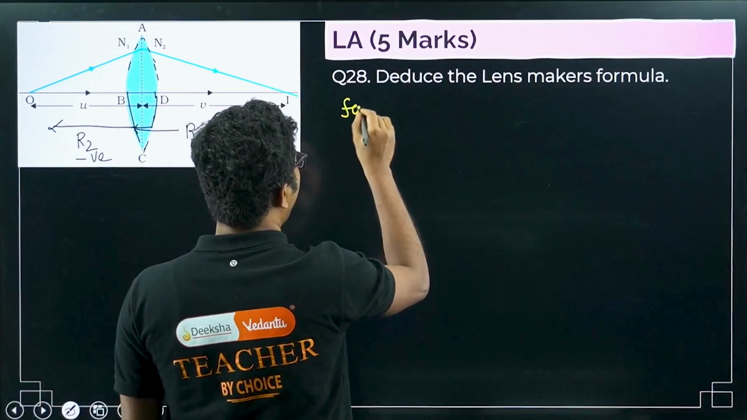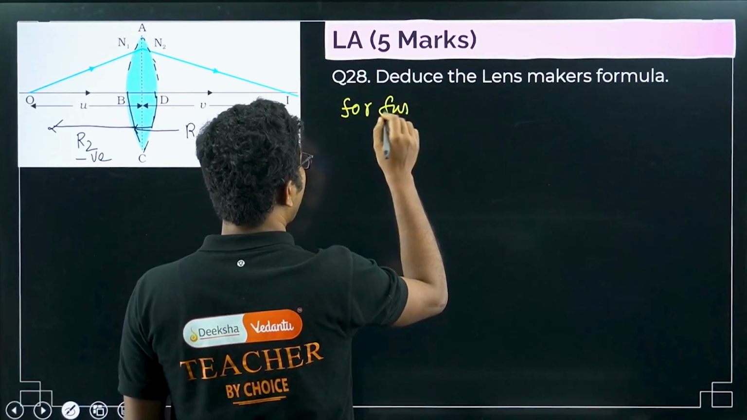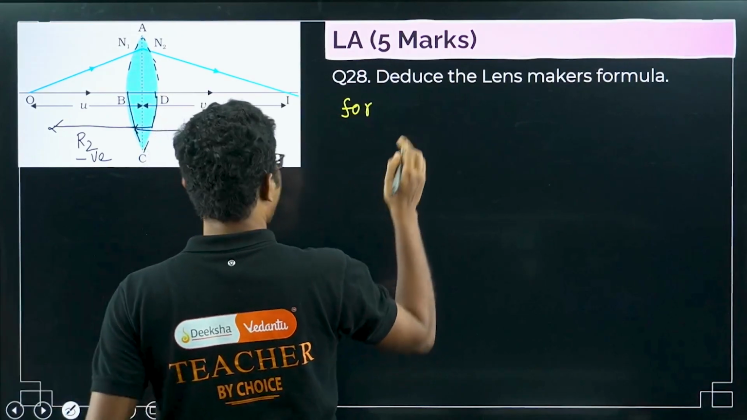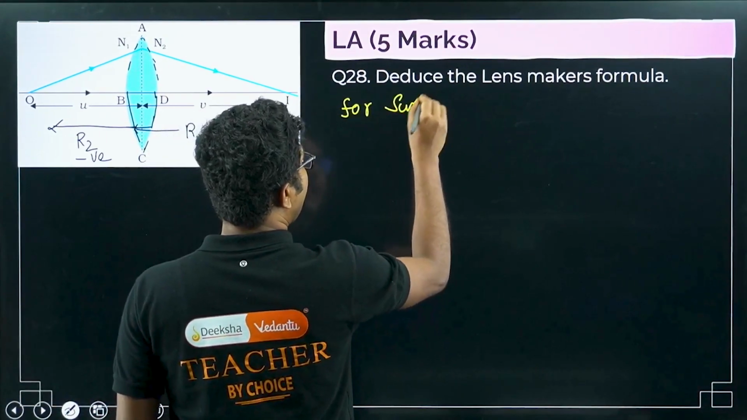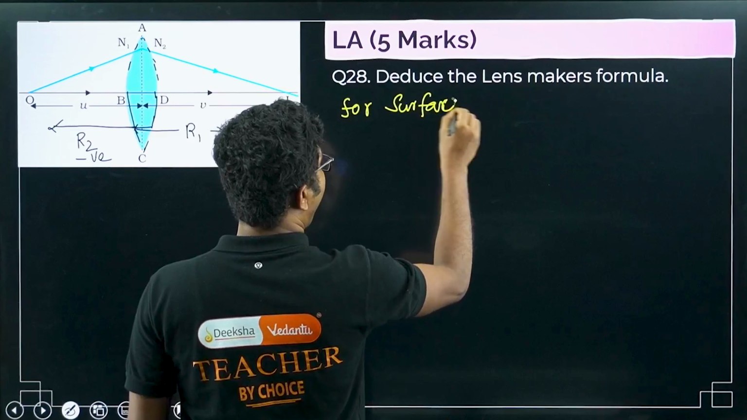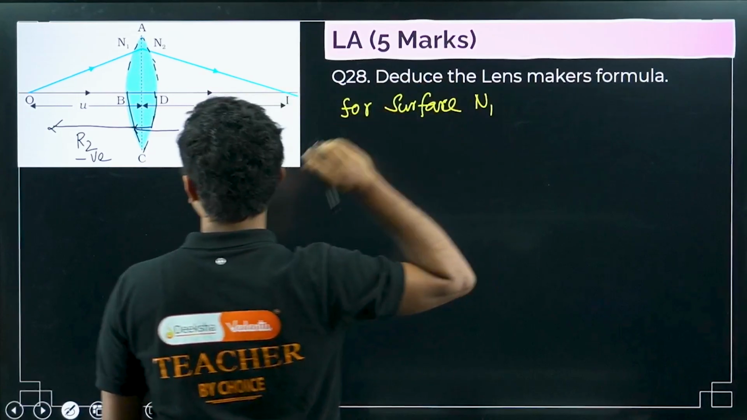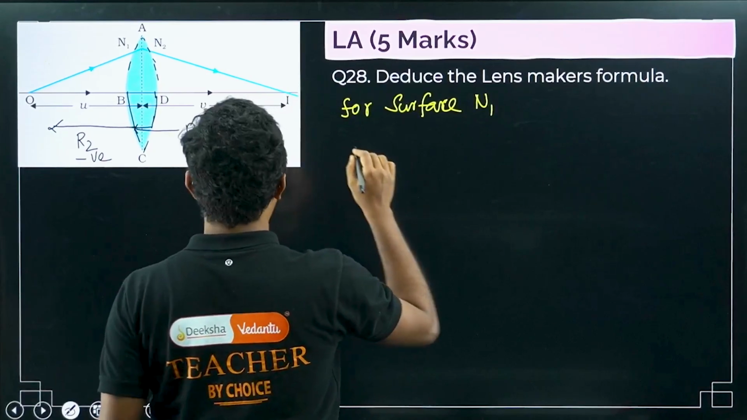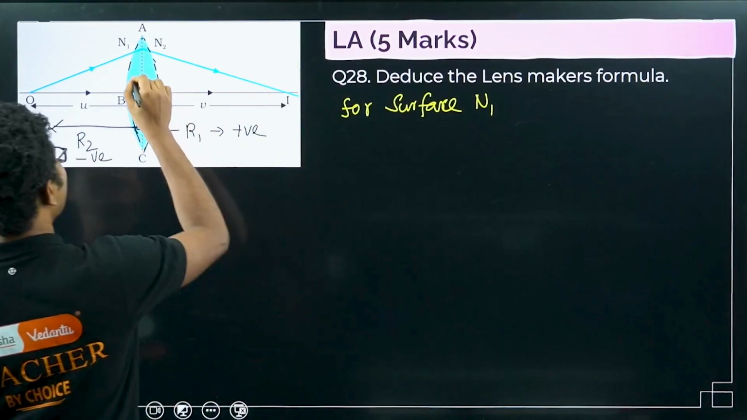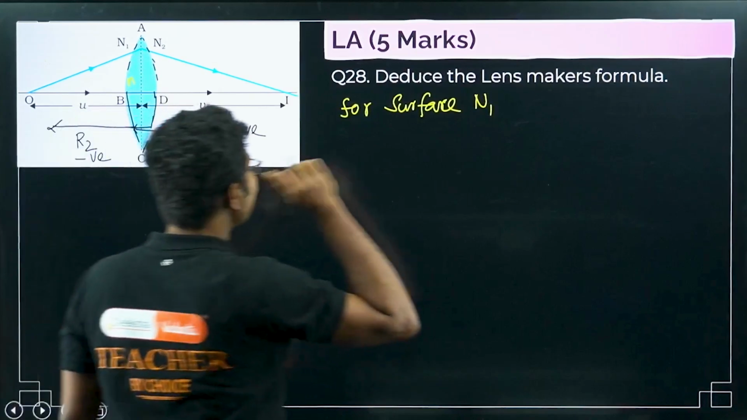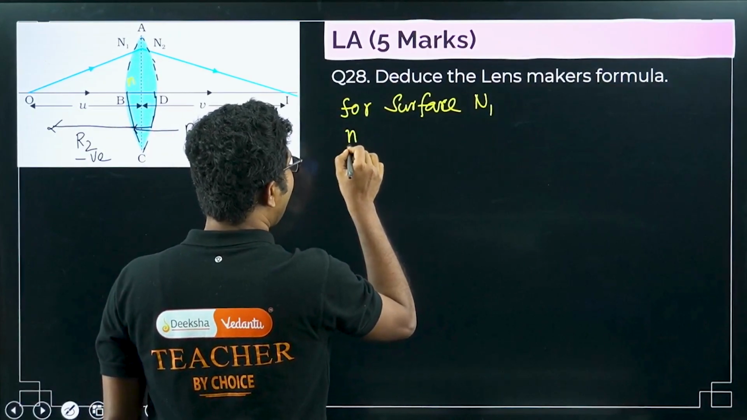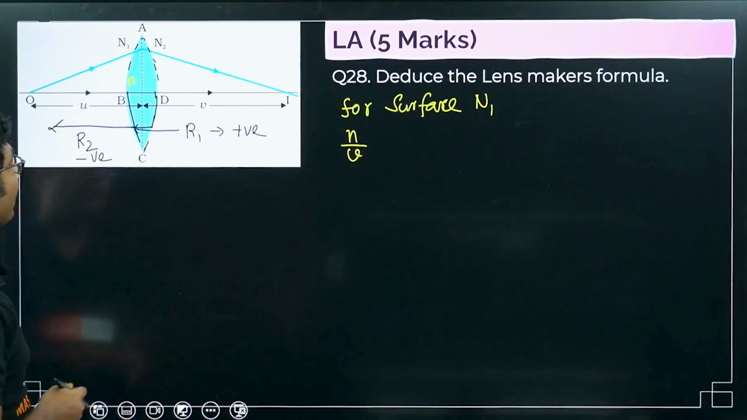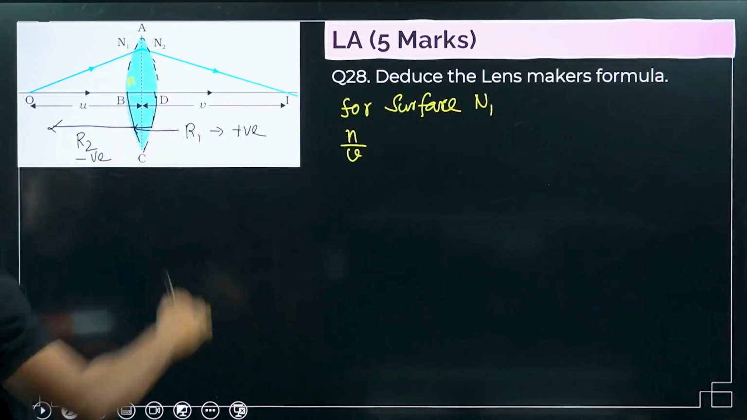For surface n1, what we can say is that this medium is air, right? So n, and this medium is glass of refractive index, say n. Okay, so n2 by v, and one more thing that you have to remember,